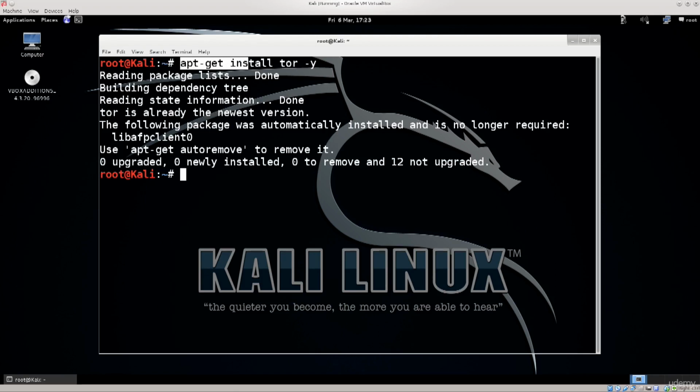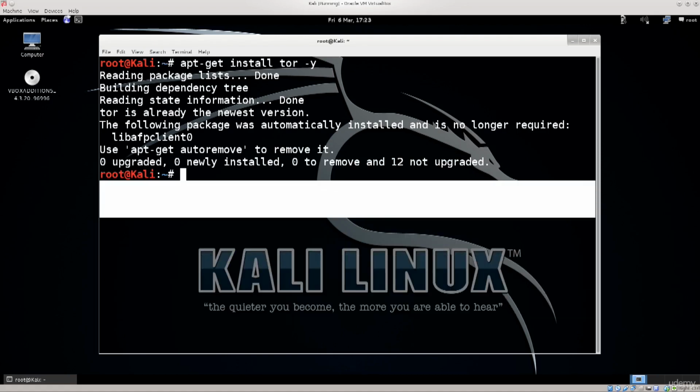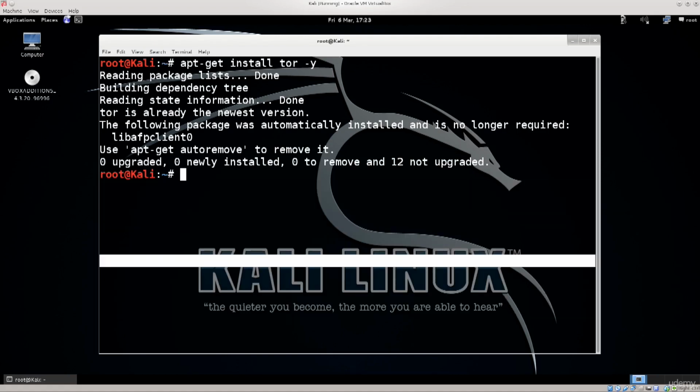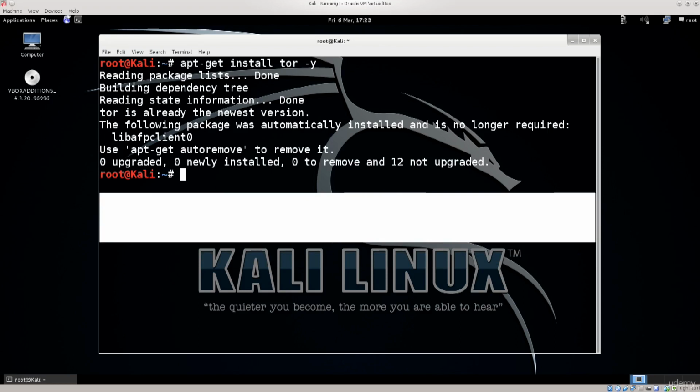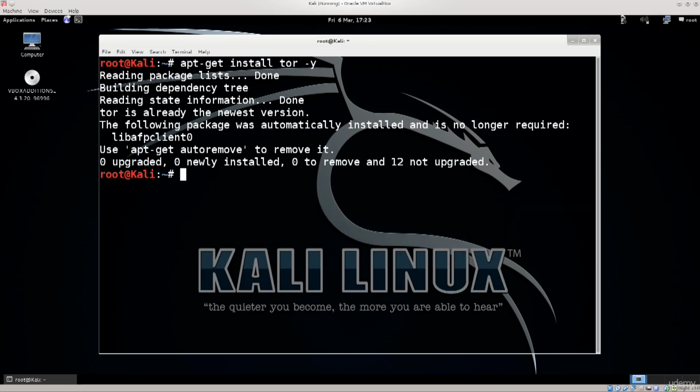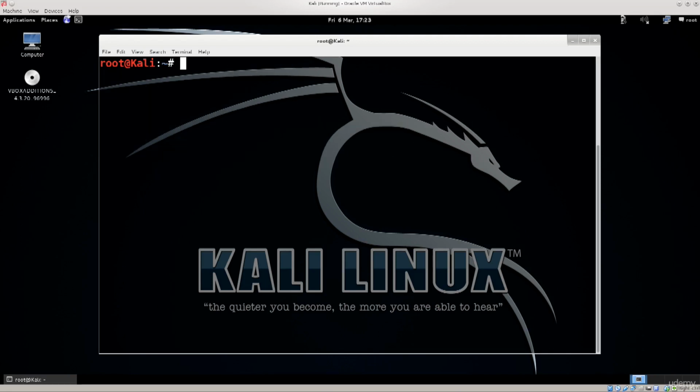I have deliberately skipped the entire verbose installation mode, primarily because you're not going to see anything useful there at the moment, and it's going to waste quite a bit of time. So just type in this command. You will not be prompted for any questions because of the -y argument, and the installation will go through no problems. Let me just go ahead and clear the screen.